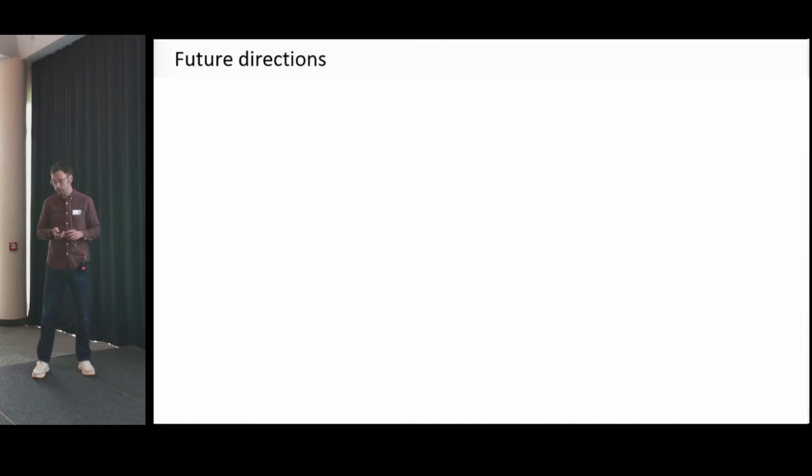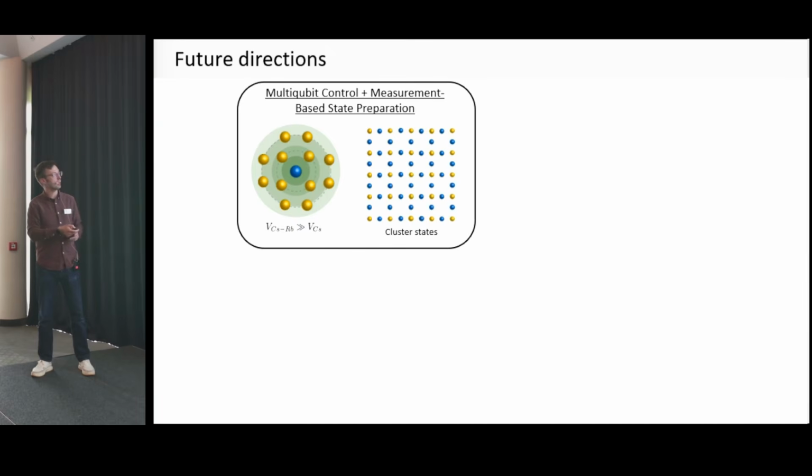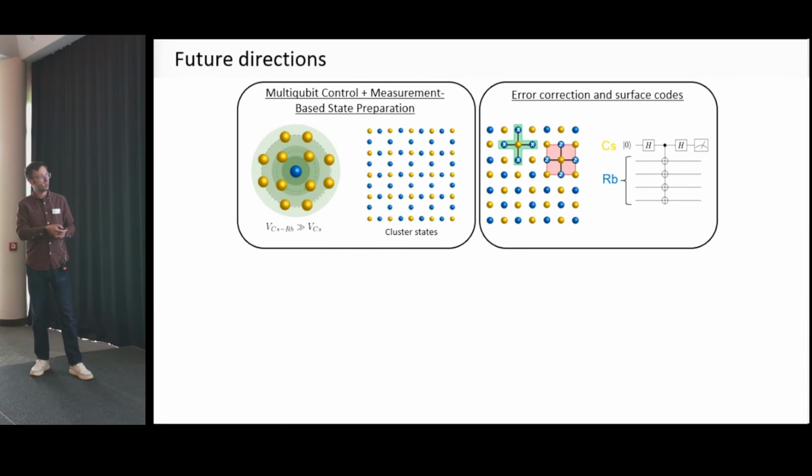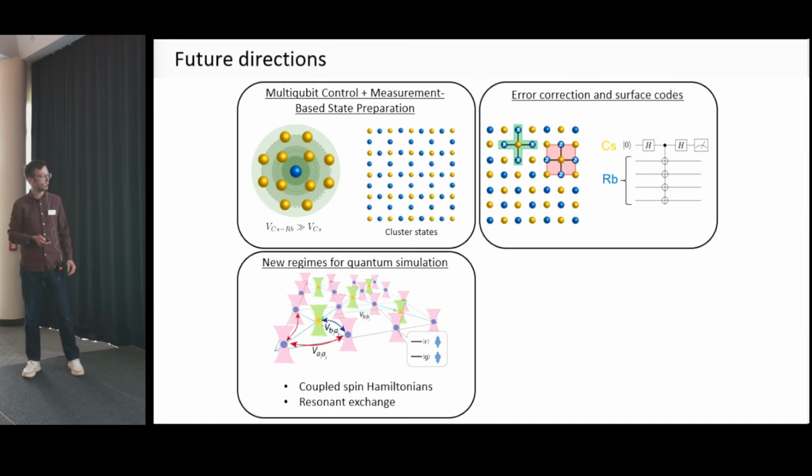Just like future directions that we want to do with this dual species architecture, we really like this asymmetric interaction regime, and we can use it to generate large entangled states. It's also very useful to generate cluster states. And then, we are interested in error correction, and in particular the fact that now with these asymmetric interactions you have native multi-qubit gates that can very nicely help you to extract syndromes, and now you have the nice readout on the other species.